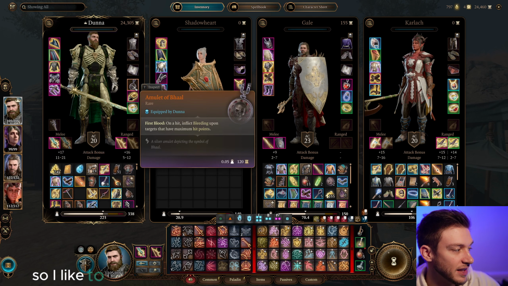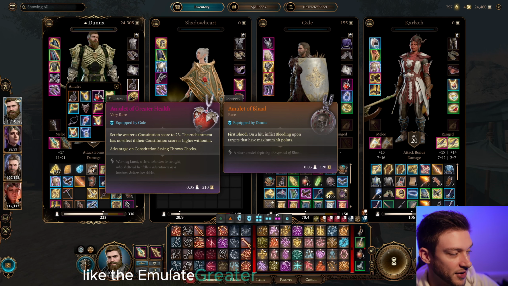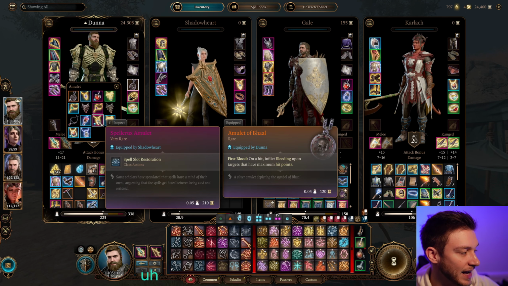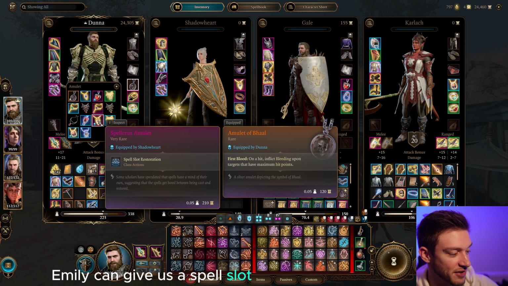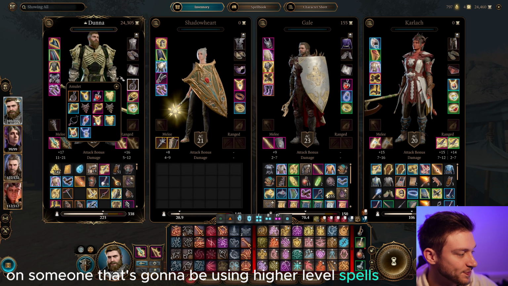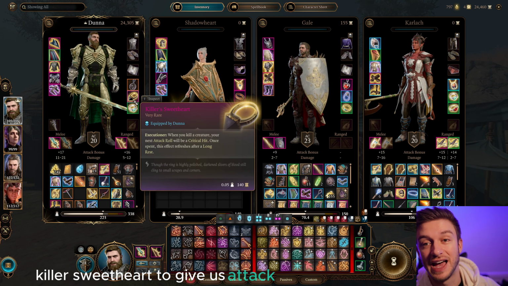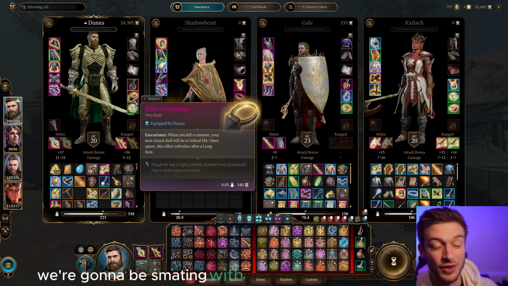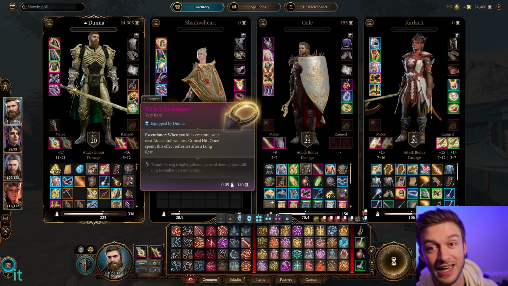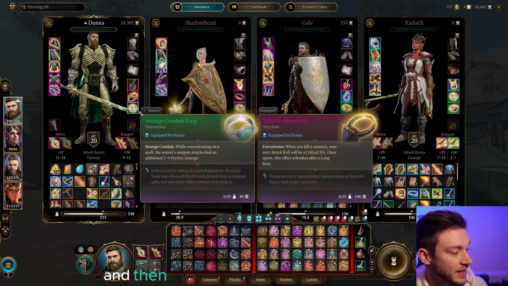So I like the Amulet of Ball for our amulets here. There's also a few other ones like the Amulet of Greater Health if you want to dump Constitution. Spellcrux Amulet can give us a spell slot restoration, but it's better on someone that's going to be using higher level spells. So something like that can be really nice. Killer Sweetheart to give us attack roll critical. We're going to be smiting with our high level, level 4 spell slots as much as possible. Using this, it can one-shot even some of the late game bosses. And then the Conduit Ring,